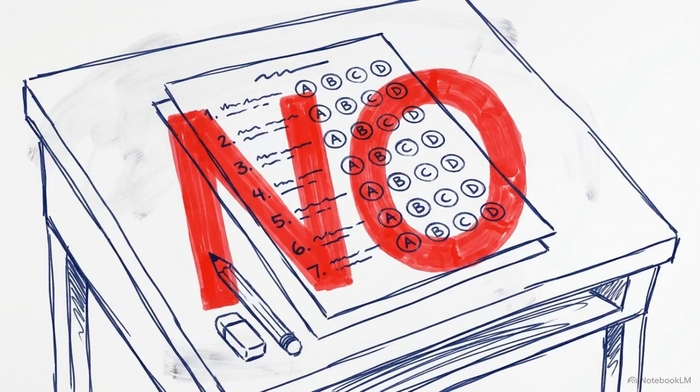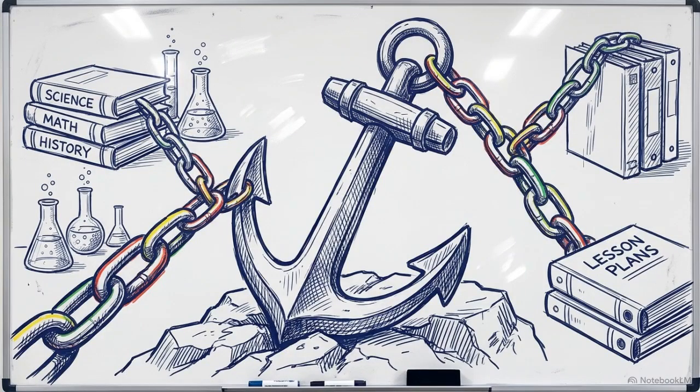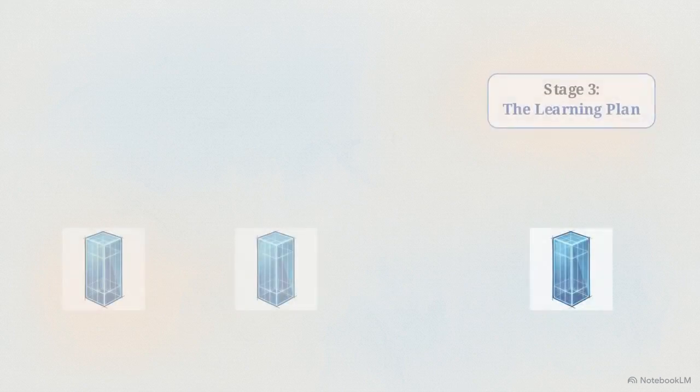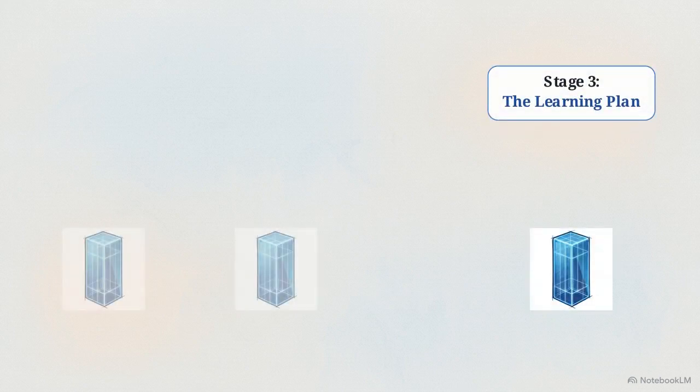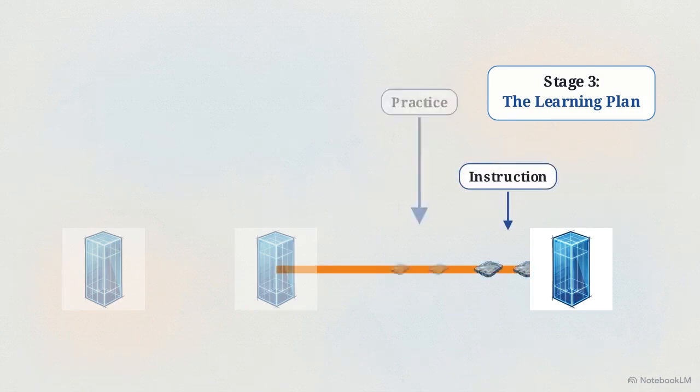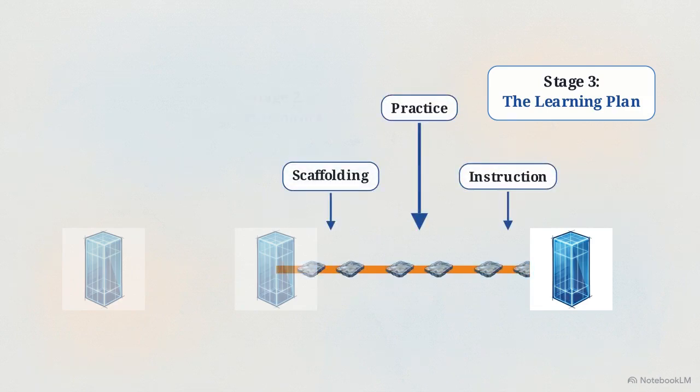Under backward design, the summative assessment is not a post-mortem test given at the end of a unit. It is the structural anchor that justifies every piece of curriculum that comes before it. That brings us to Stage 3, the learning plan. This is the engineered pathway of specific instruction, practice, and scaffolding required to prepare the student for that final Stage